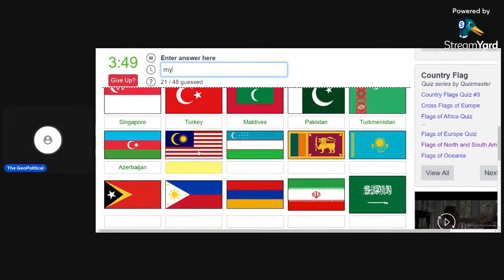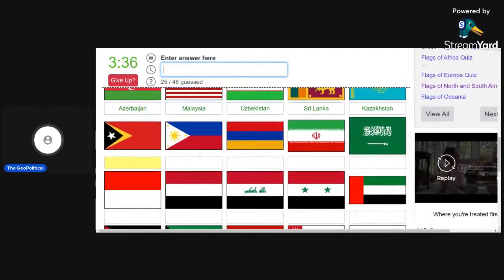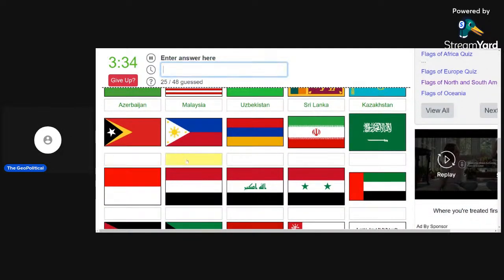This is Malaysia. Beautiful country. Uzbekistan, Sri Lanka, and Kazakhstan. We have the Philippines here. It's a doozy to spell, but it shares a pattern with Kazakhstan and Kyrgyzstan, with its sun in the center. Here we have Armenia,